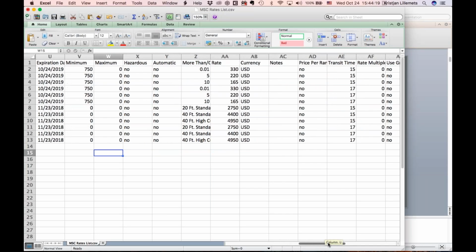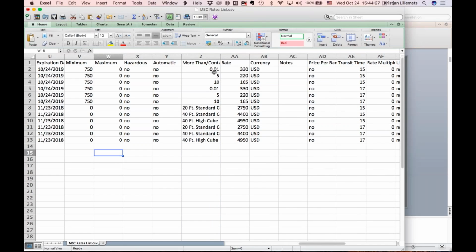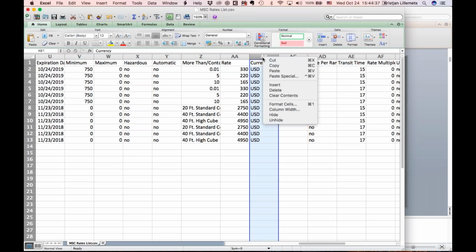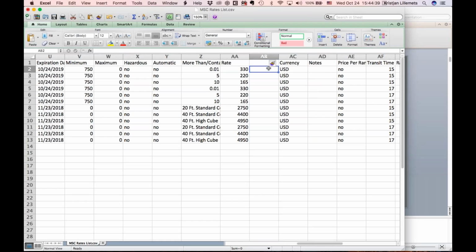And here is where the logic really comes in, okay? So the rate per container type, or the rates for LCL right here. If it's more than 5 cubic meters, it's this. If it's more than 10, it's this, etc. So let's say I'll just do something very generic that MSC gave me just to keep this webinar short, just a general 10% increase. I'm not going to massage these numbers manually or do any more complicated formula. So I'll just say, let's raise these all 10%.